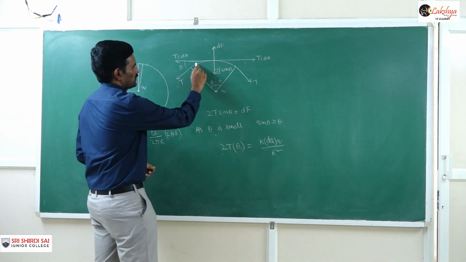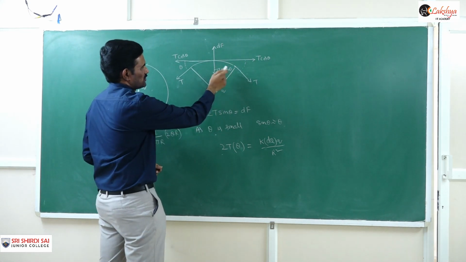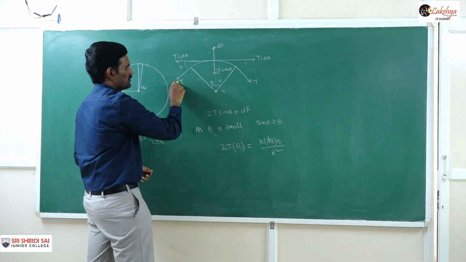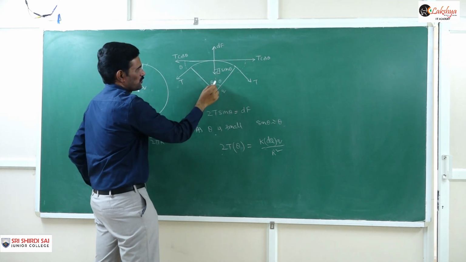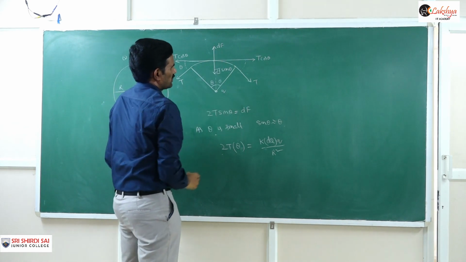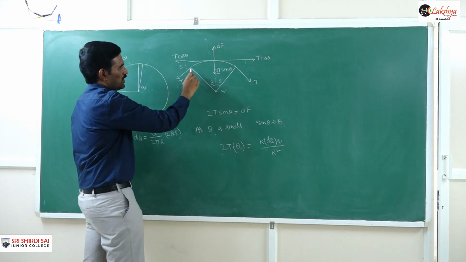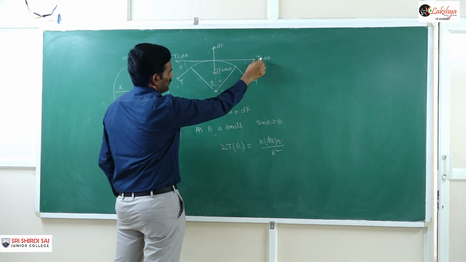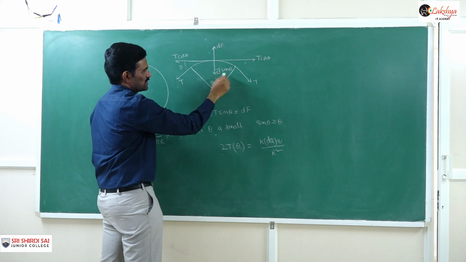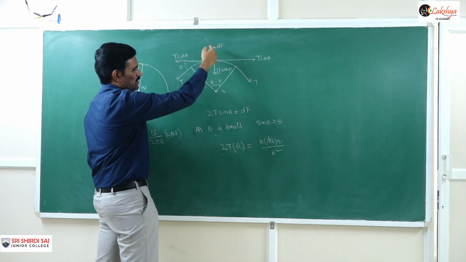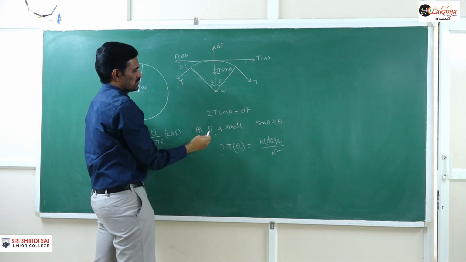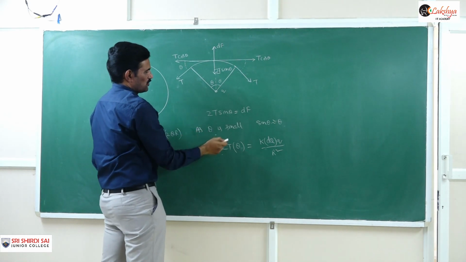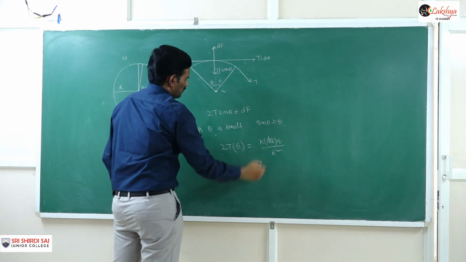So here we are taking this small element of the ring. The forces acting on this element are the tension in the ring on either side. Now the repulsive force between this point charge and this element, dF, is acting in the upward direction. We resolve T into components, T cos theta and again T cos theta, and the vertical components are T sin theta and T sin theta. So in equilibrium, balancing these forces, 2T sin theta is equal to dF. And as theta is small, we take sin theta equal to theta.